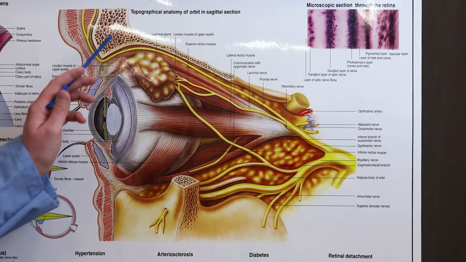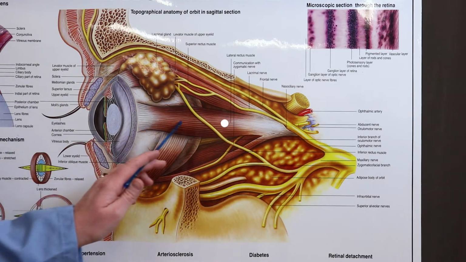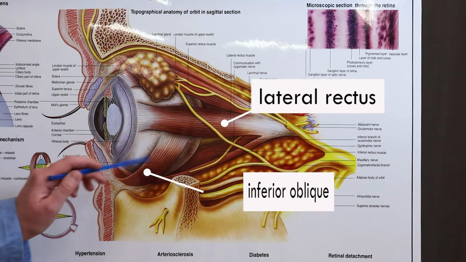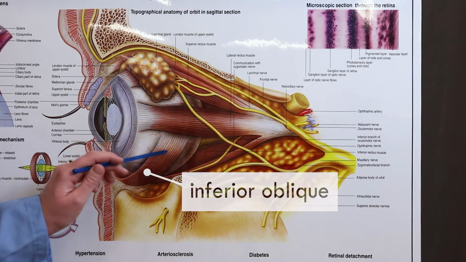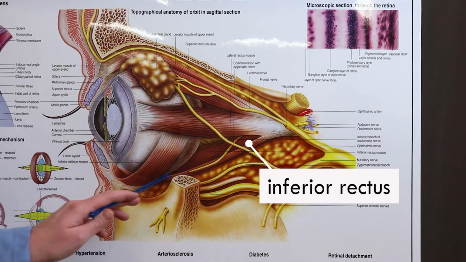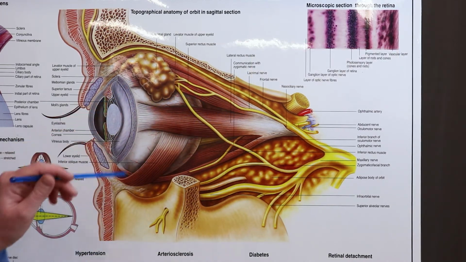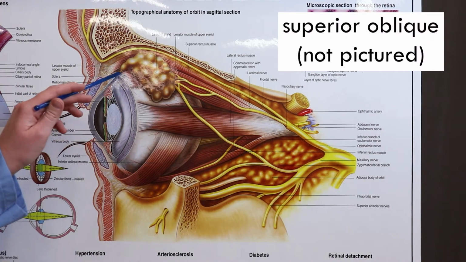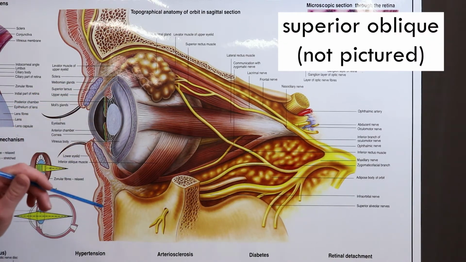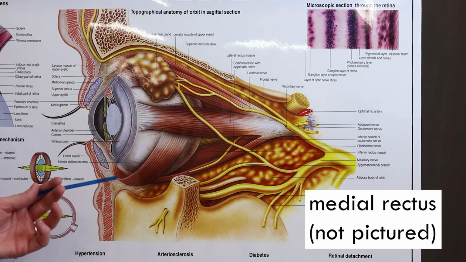Now here we're looking at the eye and the structures that surround it. So I'm going to give you a brief refresher on the extraocular muscles, the extrinsic eye muscles. So we've got our lateral rectus muscle here, inferior oblique, which comes around and attaches on the lateral side of the eyeball. Inferior rectus coming straight underneath. Superior rectus coming straight on top. And then we would have superior oblique coming around to attach obliquely, diagonally, on the superior surface, and then medial rectus is the straight muscle on the medial side, which we can't see on this chart.